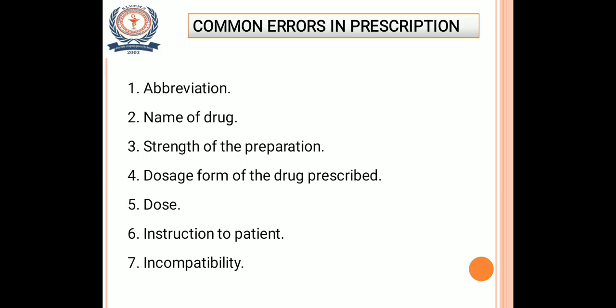So here, abbreviation: whenever there is a problem in understanding or whenever there is wrong interpretation by the pharmacist, some guesses may be made by the pharmacist. So these may lead to error in the prescription. For example, if the physician writes acro, then instead of dispensing acromycin, the pharmacist may dispense acrostatin. So it is the duty of the physician to write the full name of the medicament which is to be dispensed.